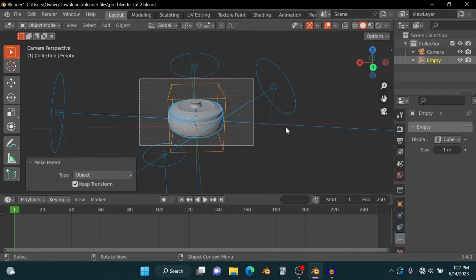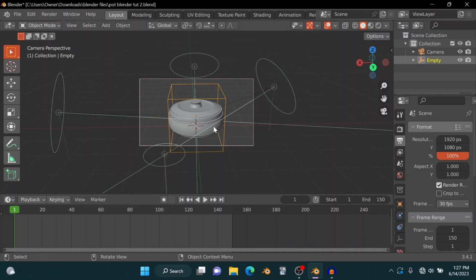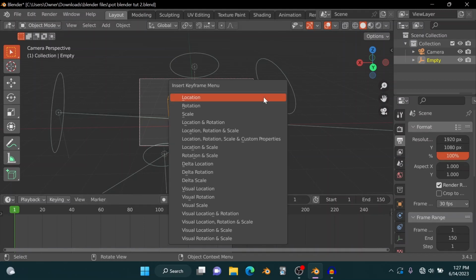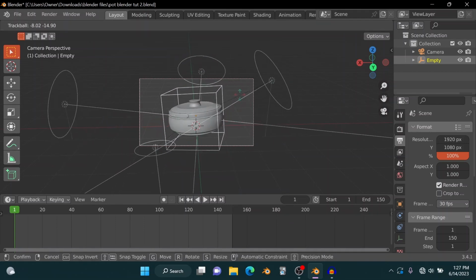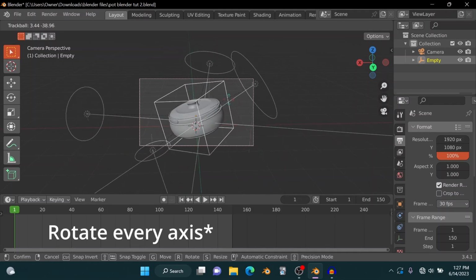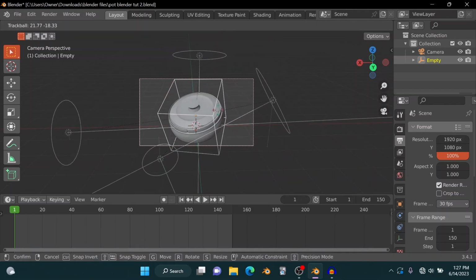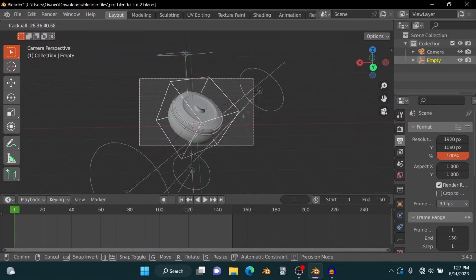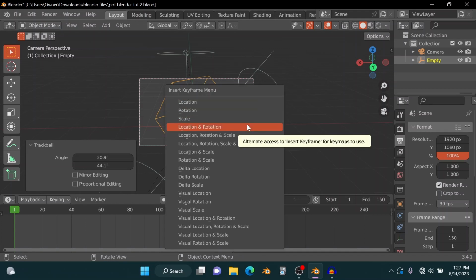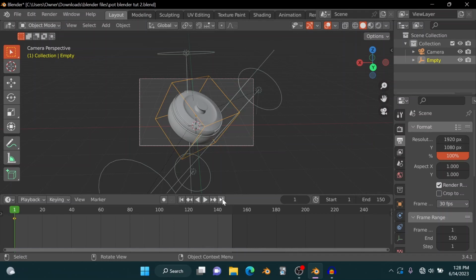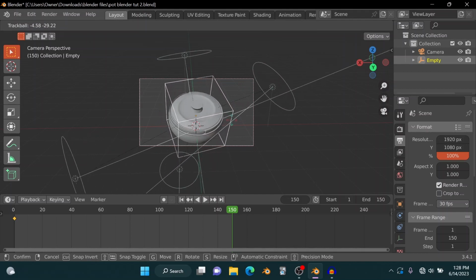The next thing I want to do is start animating this. I want my animations to be 5 seconds, 30 frames per second. So I'm just going to press RR here. Pressing RR is like a trackball, so it lets me rotate everything at a time. If I select the empty and press RR, I want my animation to first start from this side here. So I'm just going to click here and press I, insert keyframe location rotation. Then I'm going to press next here, and then press RR again. I want it to be at this point